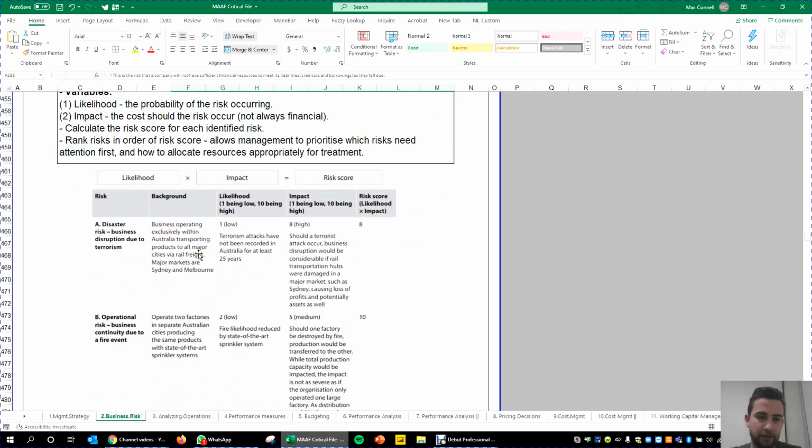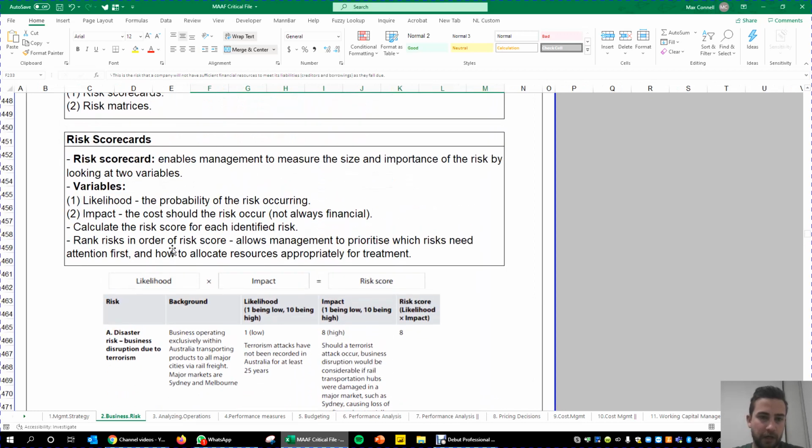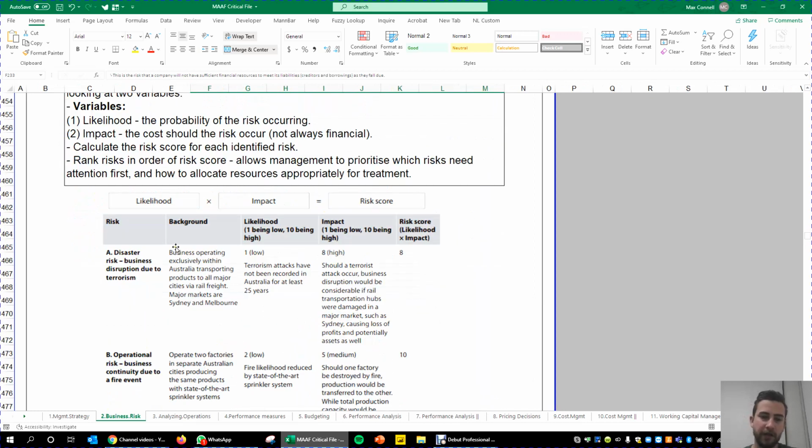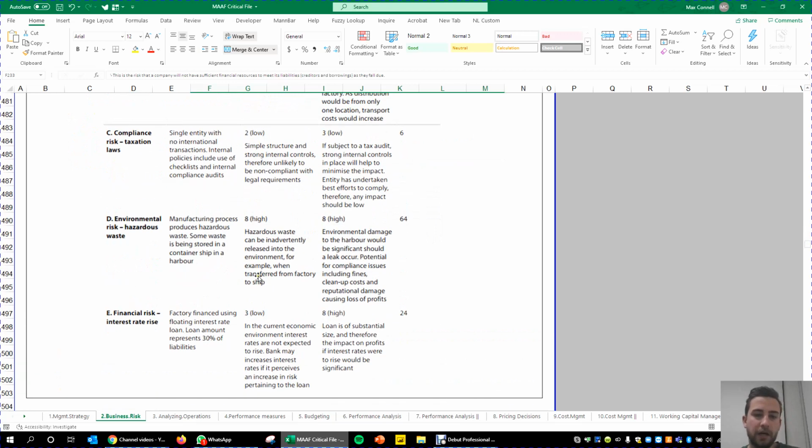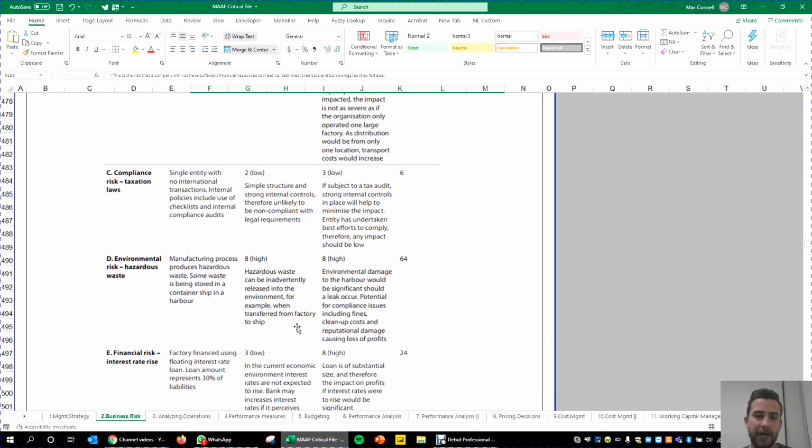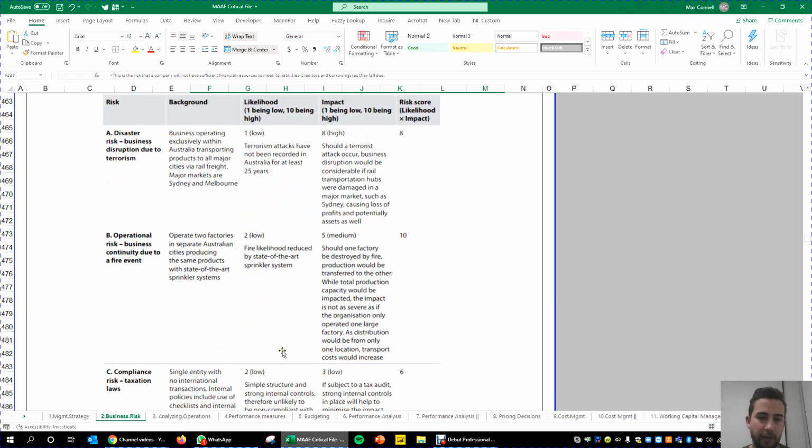And it looks like this. So if you can just bring up your screen. It's effectively assigning a score to each risk, which is a factor of the likelihood and the impact. So likelihood is basically how likely is this event going to happen. For example, terrorism is very low likelihood. Okay, it's probably 1 being lowest. Whereas alternatively, there's an example down here, hazardous waste. For example, pollution from your car or so forth, relatively high risk. There's a high chance of it happening, so that would be a high number.